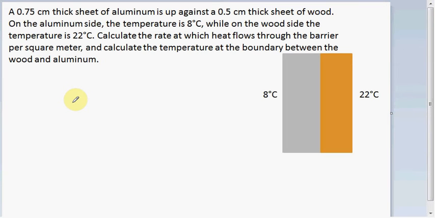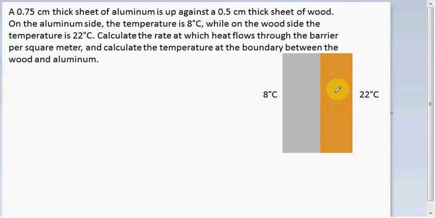Hi there. We're going to look at a heat conduction problem now. This is going to be one in which we have heat flowing through two substances. So we've got a 0.75 centimeter thick sheet of aluminum. That's here. It's up against a 0.5 centimeter thick sheet of wood. That's over here. On the aluminum side, the temperature is 8 degrees Celsius, while on the wood side, the temperature